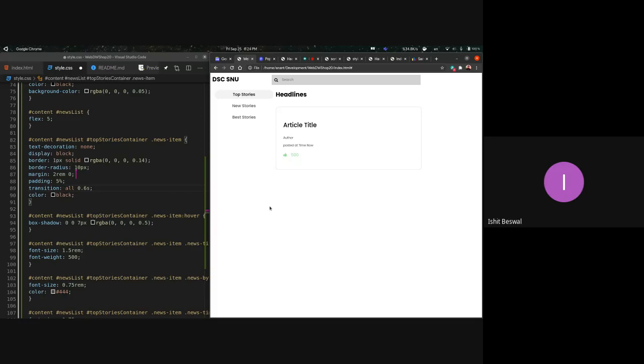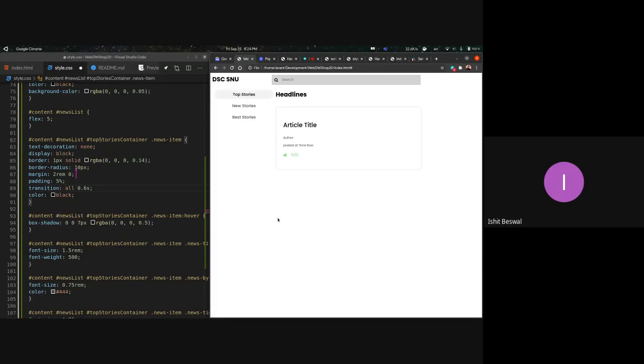this pixel value will differ from browser to browser and different screen sizes, right? Now, what rem does is it's a relative unit basically to your screen size. By default, on our browsers, one rem is equal to 16 pixels. So, assigning two rems here means that I'm giving it a margin of 32 pixels. Now, this is useful if you're making a website that should be accessible by mobile phones also, because as this is a relative unit, it will be relative to the screen size.